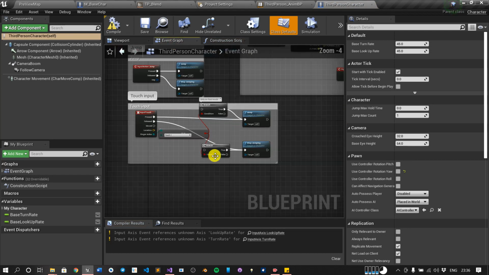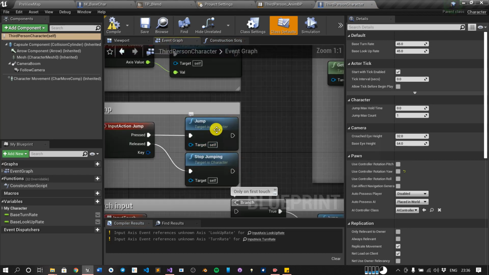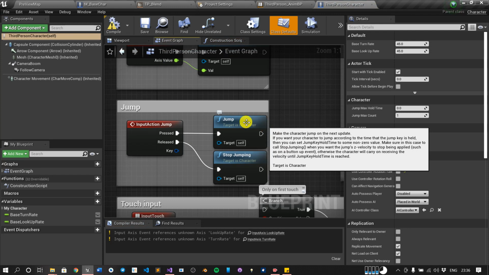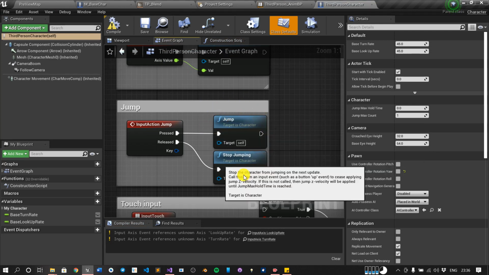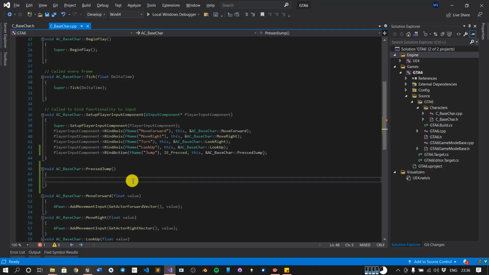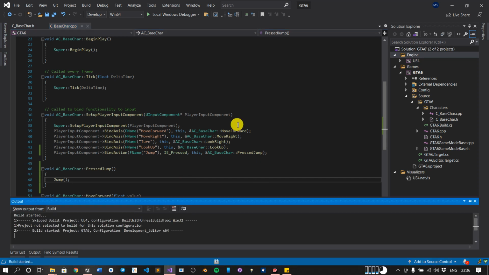In this space binding, the jump function target is the character, and our class is a subclass of the character class, so we can use this jump function and the stop function. So I will try to call this function Jump, and it is done. Let's see if it is working. I have pressed Control Shift B for compile.